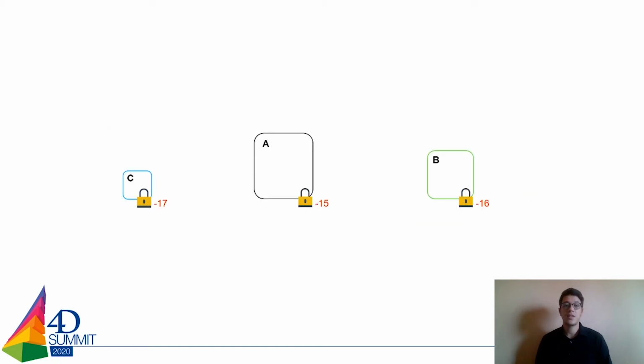To understand this concept, let's take the example that we have three shared objects. Each shared object has its own lock-in identifier. So here we got object A with -15, object B with -16, and object C with -17 as their lock-in identifier. If at a certain point we decide to put object B as an attribute of object A, what happens is that objects B and A both lose the negative lock-in identifier, and they both get the same lock-in identifier, which is the positive value of the parent object. Here the parent object is A, which had -15 as its lock-in identifier, so now it passes to +15 for both objects, and they both now form what we call